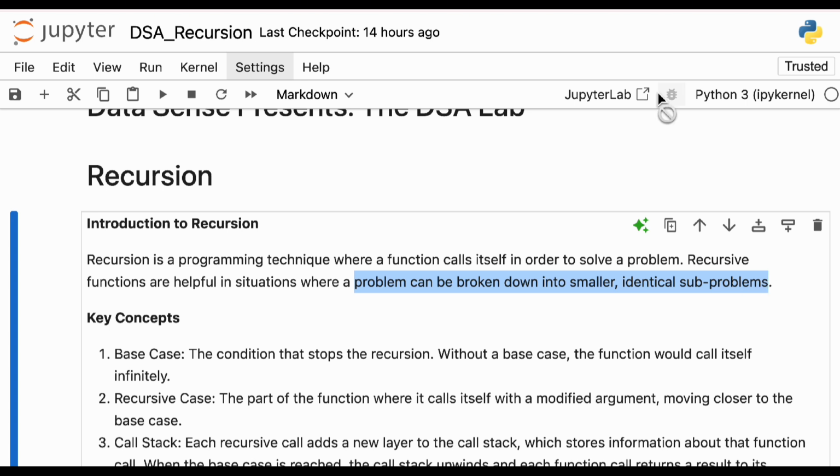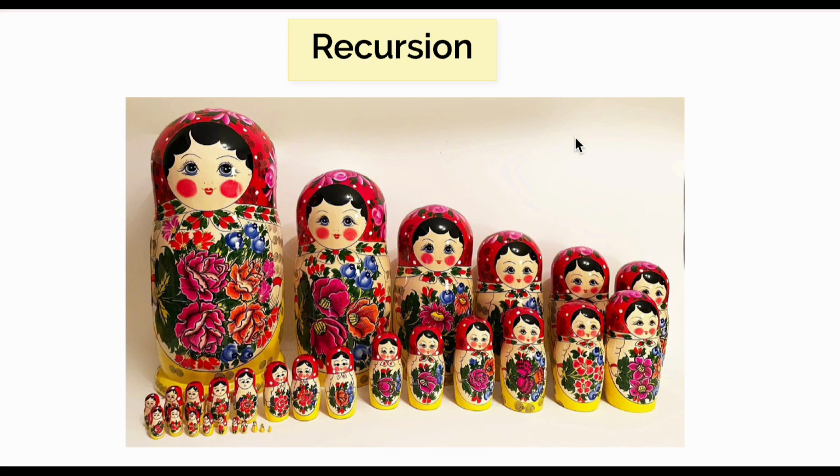So let us come back to our board. These are Russian nesting dolls, you would have seen them in some movies or somewhere. There is a big doll, then a small doll, and as you go from left to right, the sizes of the dolls are decreasing. So what you can do is put one doll inside another, inside another, and you can technically put all the dolls inside one bigger doll, right?